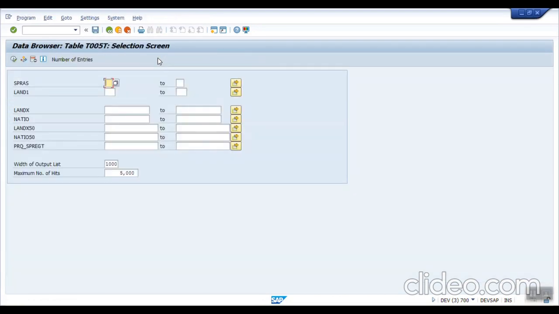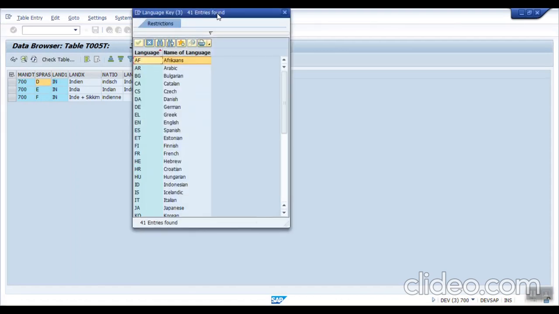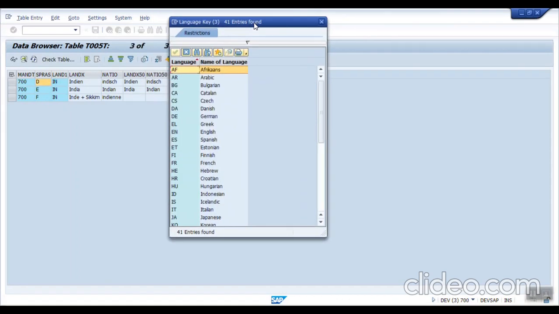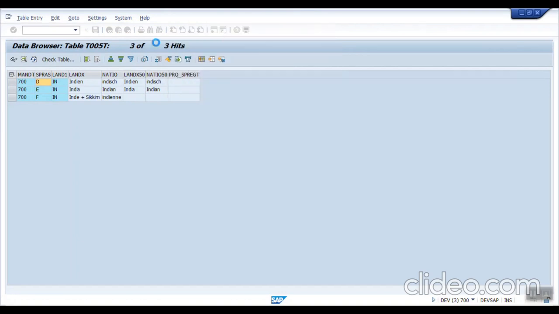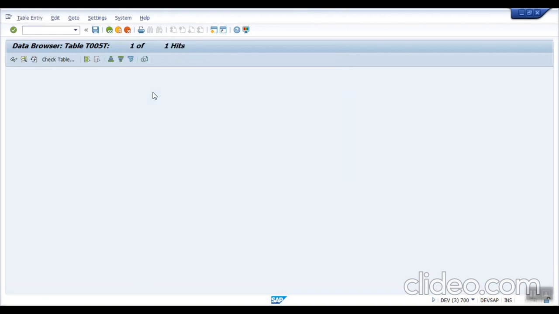So here from the vendor address table we will pass the country ID, let's say if it is IN, and also pass the language here. If you're not passing the language, we can see it in a different language, E for English, because this is the master data language table that maintains different languages; D is Danish, F we can see Finnish. So we want to select the data on EN, that is English language only. So this is the country table.